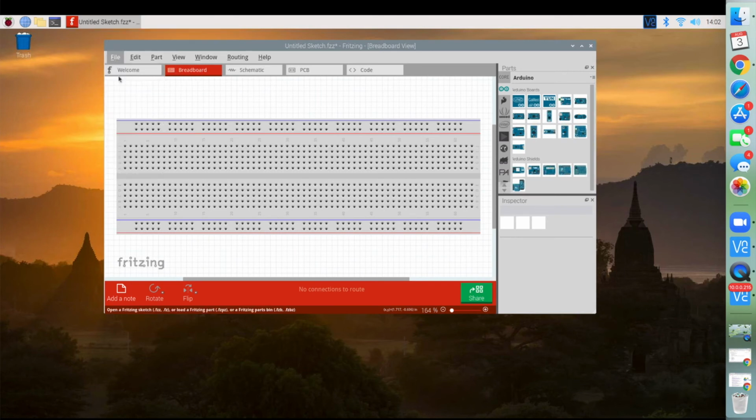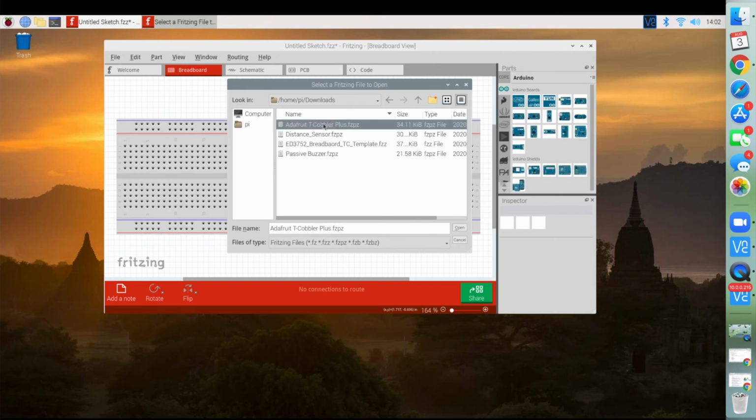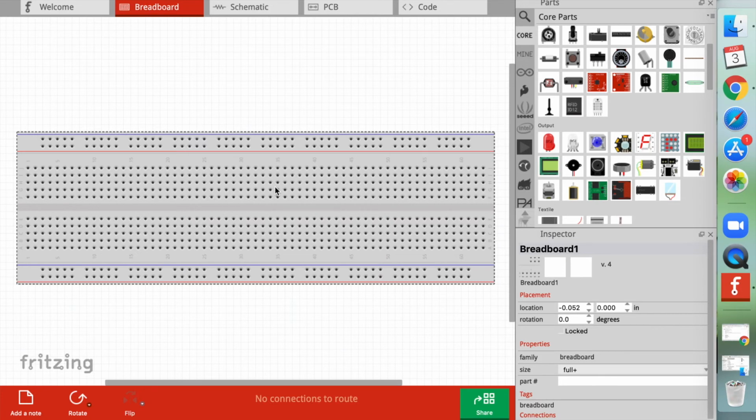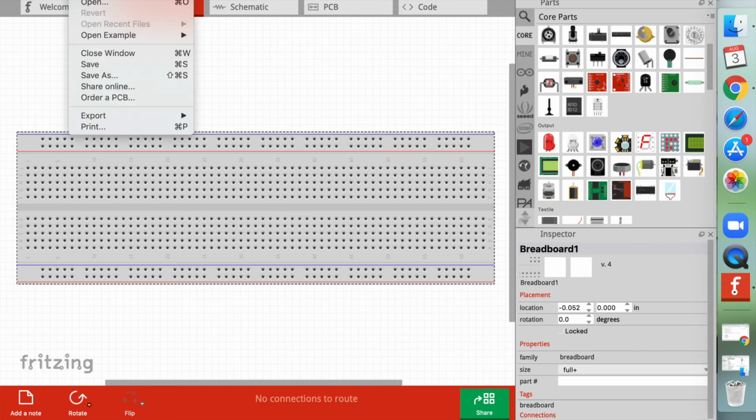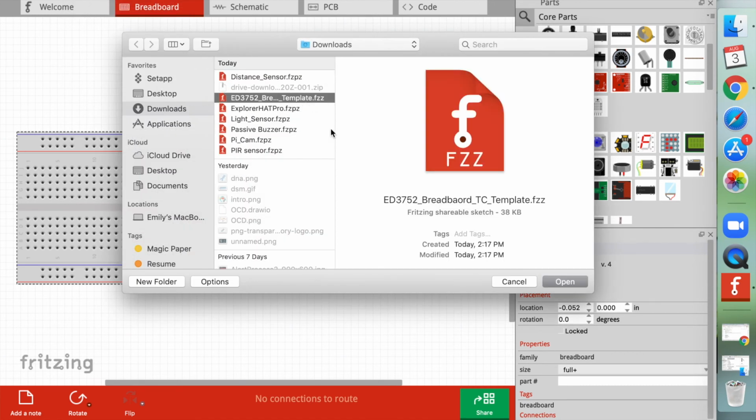Our Fritzing software, we can take our new parts. We'll go into our Pi folder and into downloads, and we can upload our template. Alright, if we're going to open up our template in Windows or MacBook, you can head into your Fritzing software, hit open. We should see our template, our breadboard template here in the files. We'll double click or hit open on our window here, and it will import a very similar